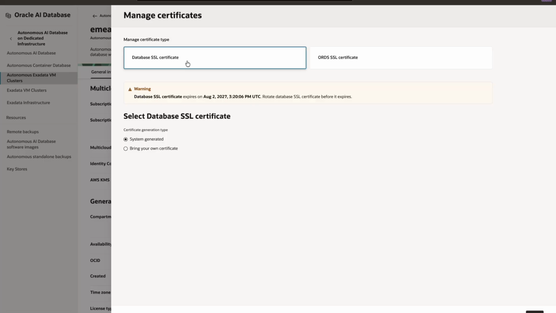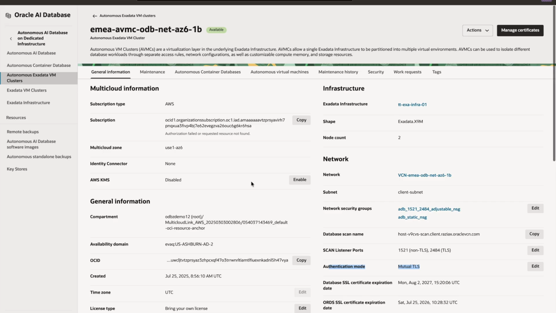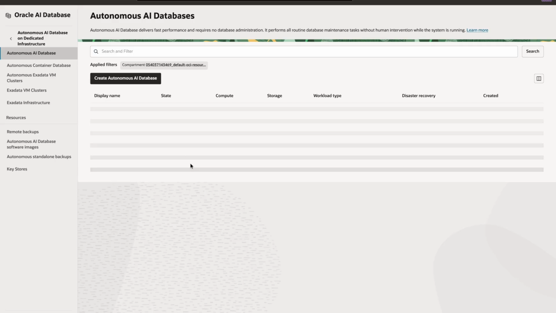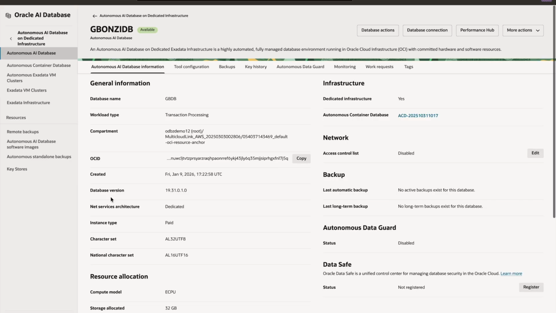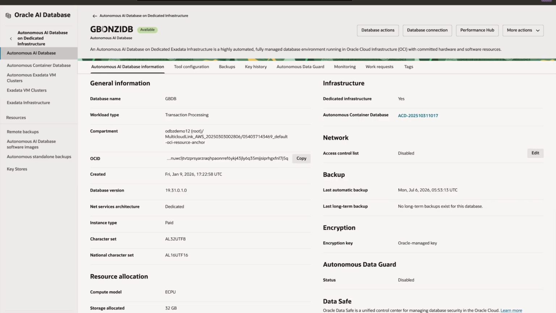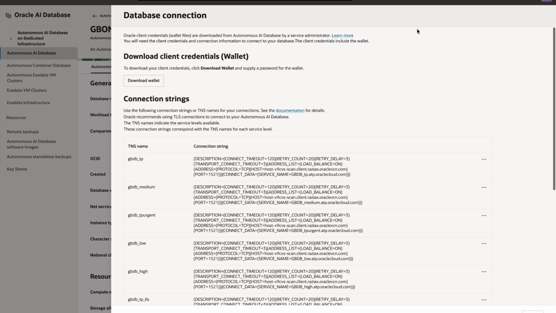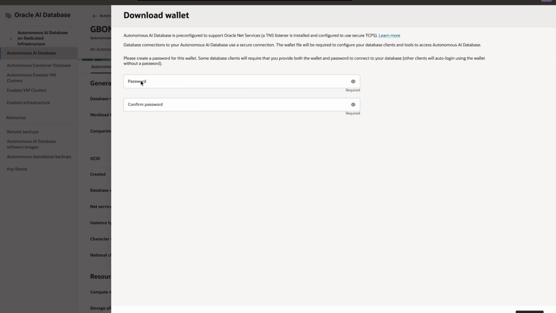And each autonomous database has a specific client certificate in its specific wallet. To download the wallet, you need to select your autonomous database. In this case, I will use this one for my test. I select GBones DB, and from database connection, I download the wallet, providing the password that I configured during the autonomous database provisioning. I have already downloaded this wallet,